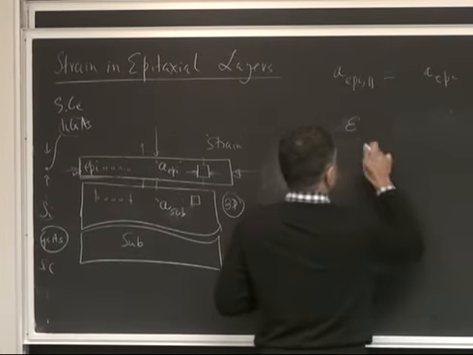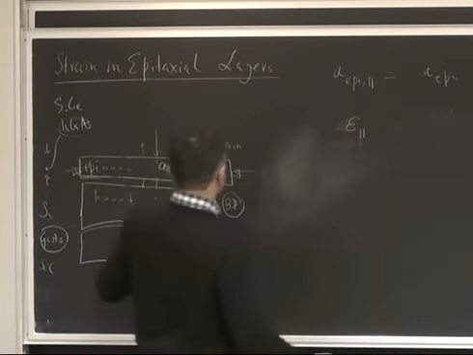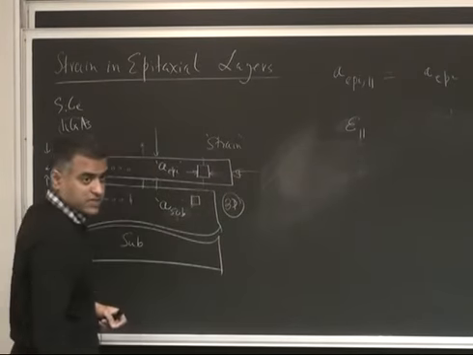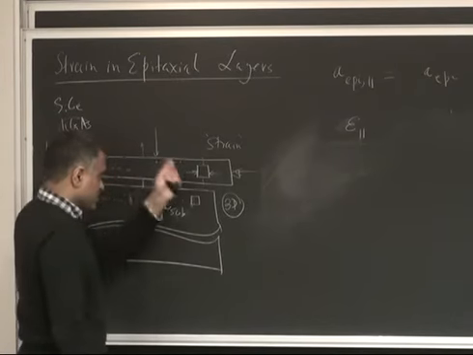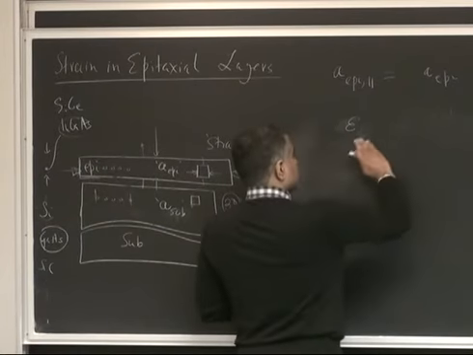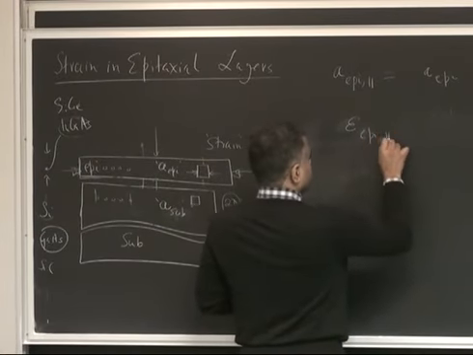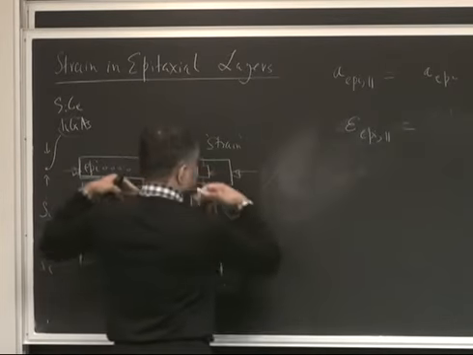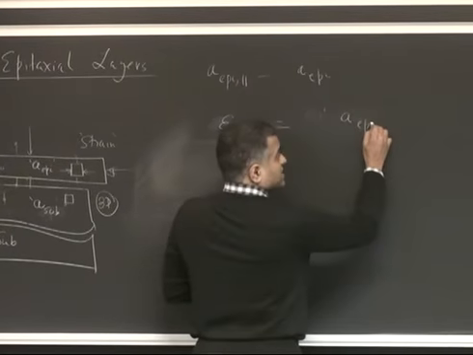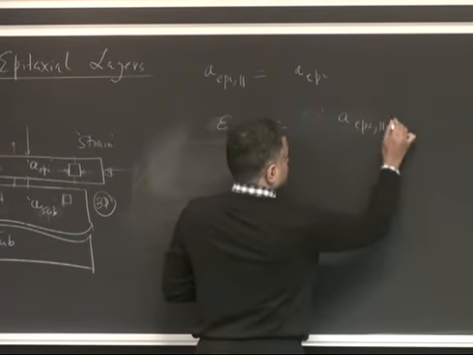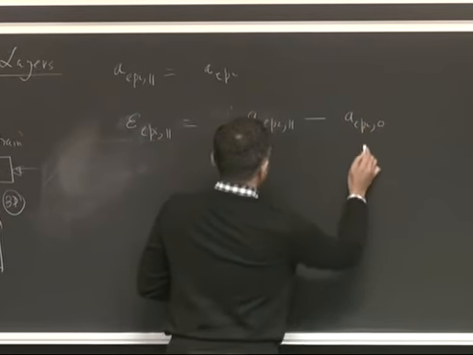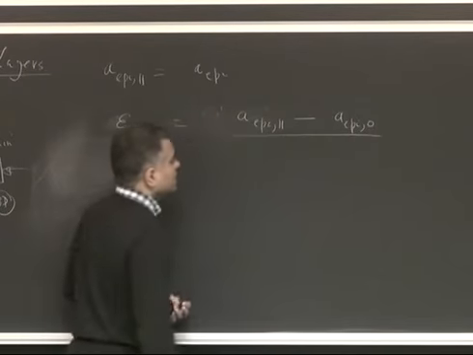The strain again is directional. The strain in this direction is different from the strain in that direction. And they'll be related through the Poisson ratio and all that. We're going to do that now. But essentially, the strain in the epitaxial layer in the parallel direction, parallel to the plane or the interface, is equal to A epi, its new lattice constant, minus its old original lattice constant, A epi 0, which was the unstrained part, divided by